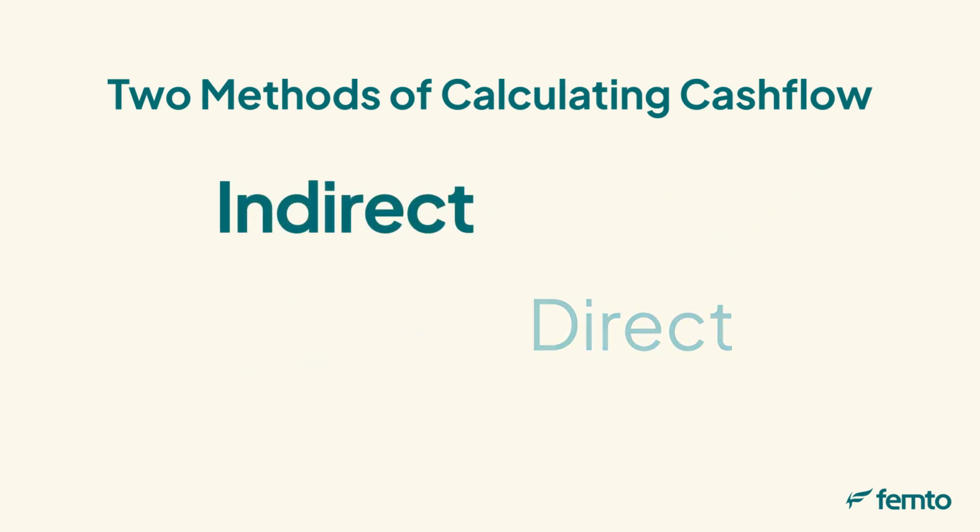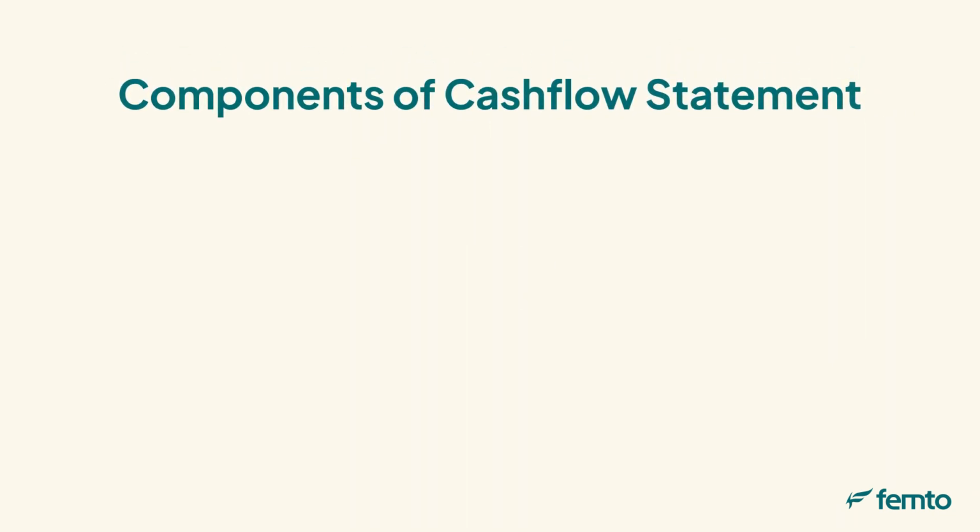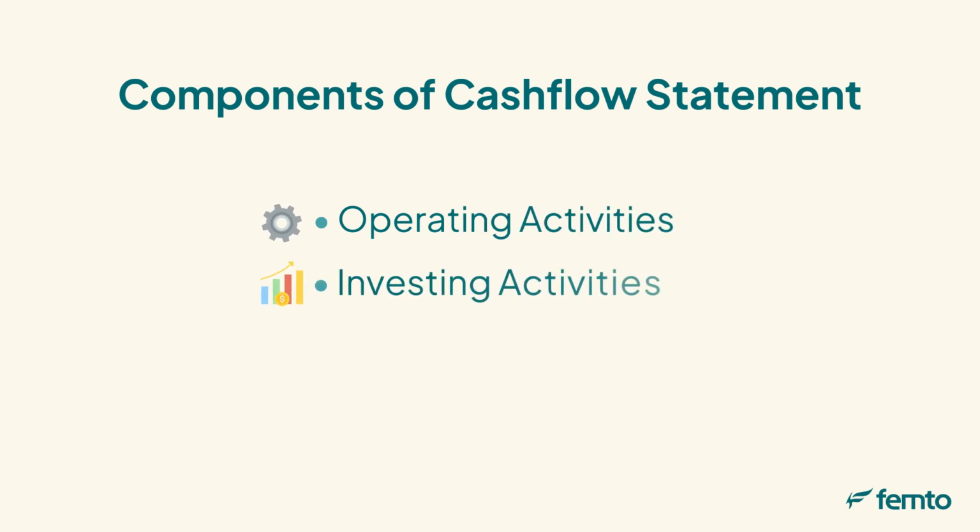The indirect method starts with net income and adjusts for non-cash transactions and changes in working capital. The direct method only considers the actual cash transactions in a period and does not modify the accrual accounting to cash basis. The cash flow statement is divided into three sections that highlight changes derived from operating activities, investing activities,